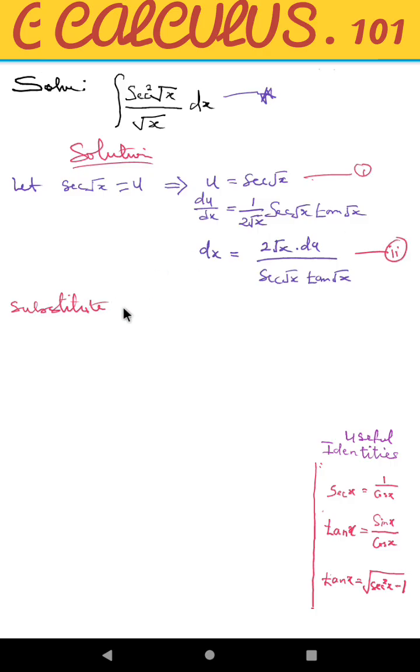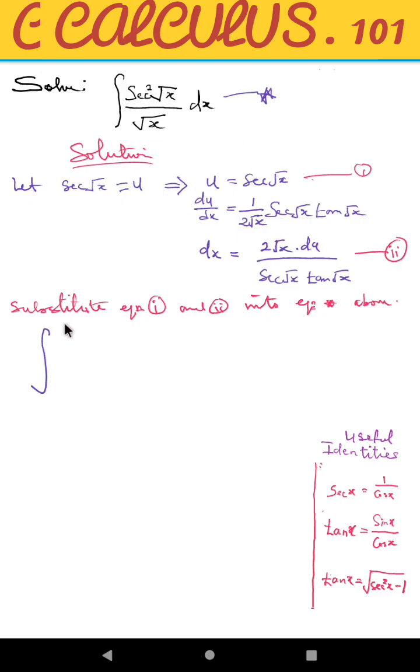Substitute equations 1 and 2 into equation star above. So when we do that, this gives us the integral of, now remember we say in equation 1 u equals sec root x,